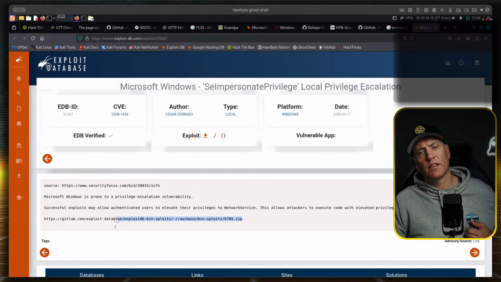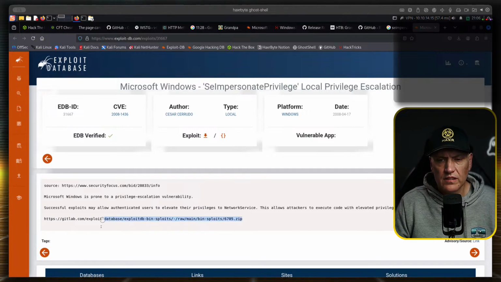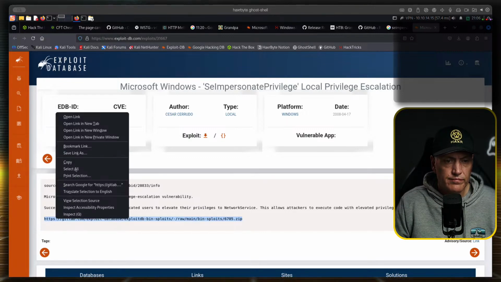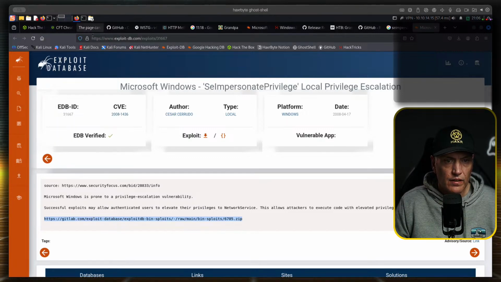Successful exploits may allow authenticated users to elevate their privileges to network service. Okay.